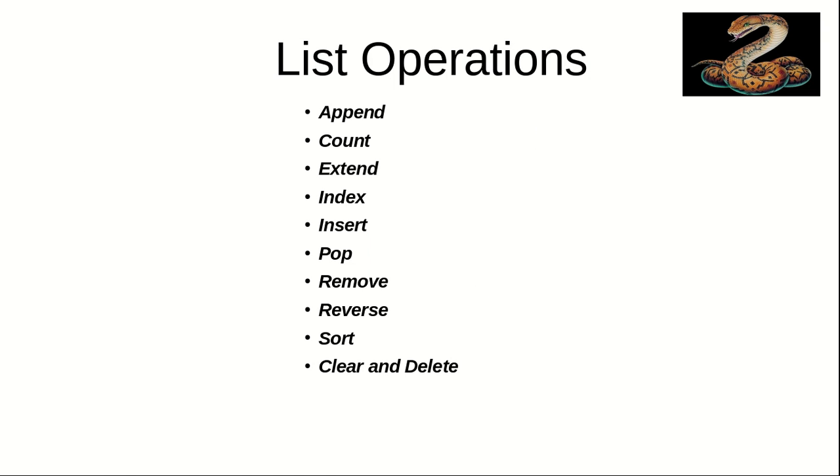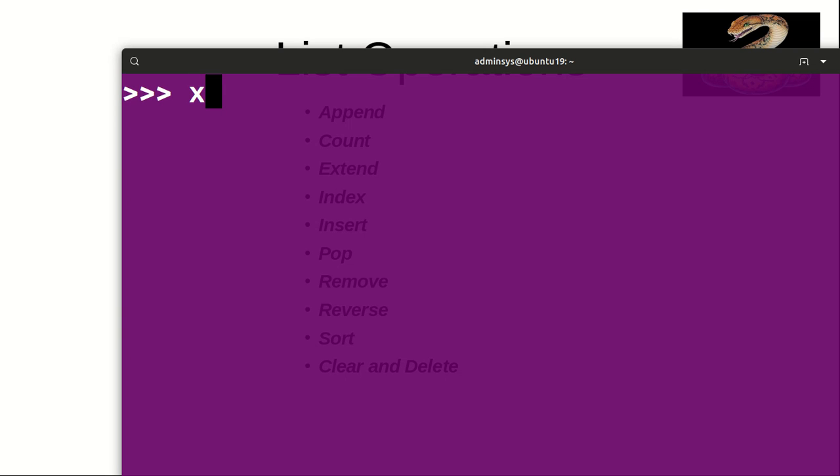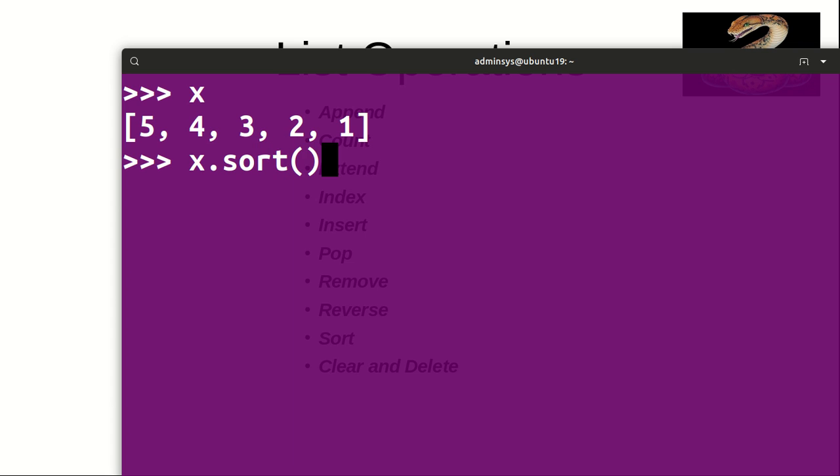And we have sort. Sort means sorting the elements in ascending or descending order, right? Suppose we have x equal to 5, 4, 3, 2, 1. Suppose if I do x dot sort, now if I check the value of x, it returns the values in ascending order, that is 1, 2, 3, 4, 5.